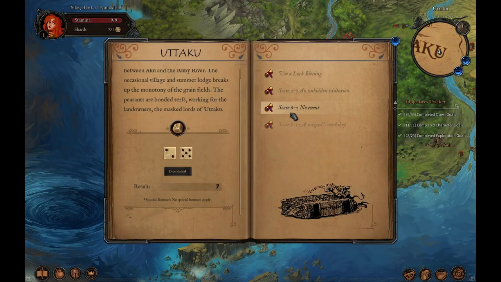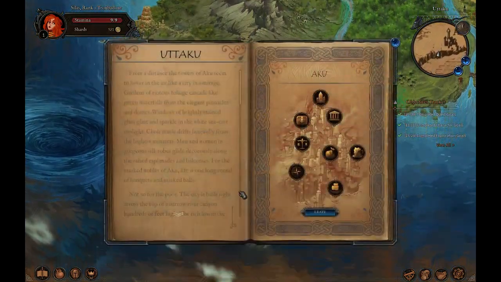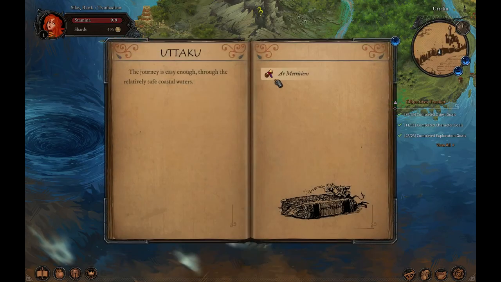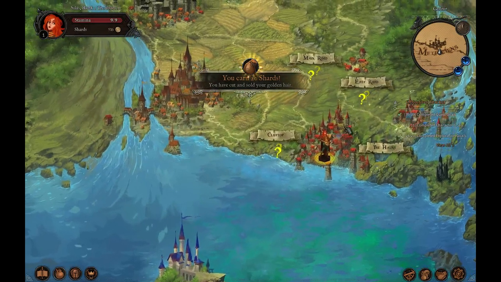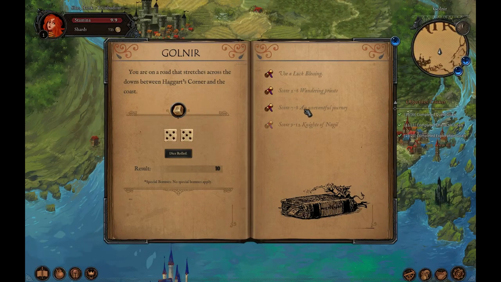So next, make your way to Aku. That's by Trollbridge, Hall of Heroes, Farmlands. Once you're here, take the harbor passage back to Matricians. So that is the pop-up from the golden hair. Anyway, the next thing you want to do is go to Haggart's Corner